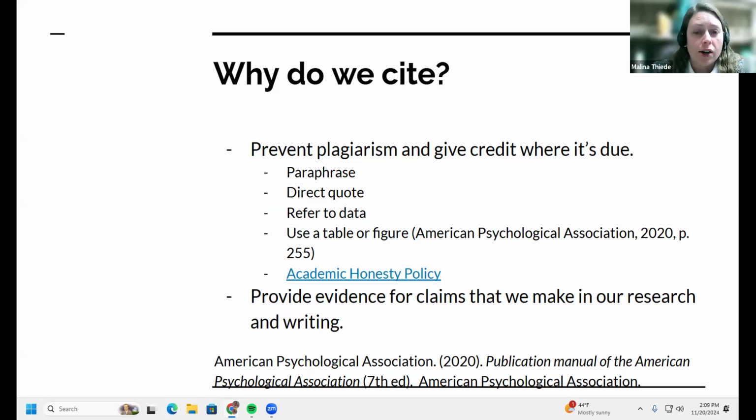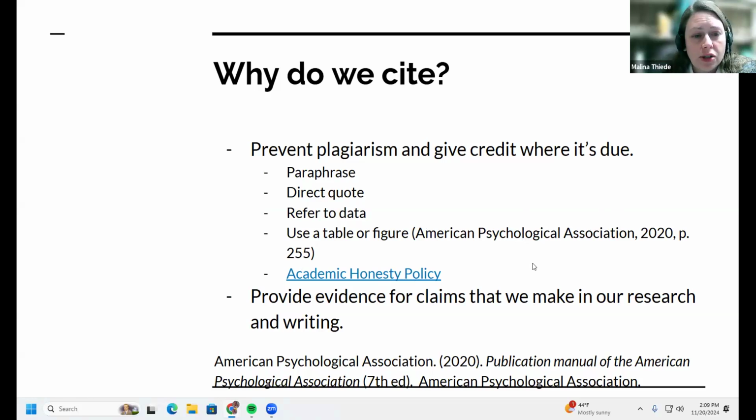I think everybody's pretty aware that if you quote someone, you need to cite it. Also, if you refer to someone else's data, you need to cite that. And if you use a table or a figure from another source. So that's the last main time when you need to cite something. So as you can see here, trying to show good practice here and putting my citation in with that information that I took directly from the APA style guide.